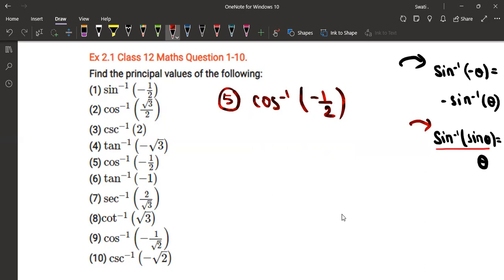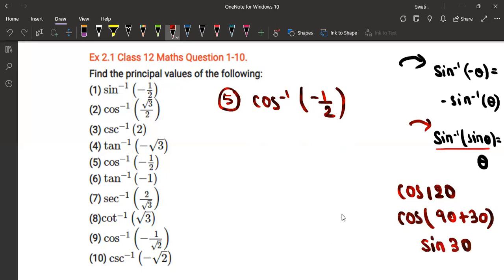Actually, here this minus 1 by 2 is a value of a certain angle in cos, and that is cos 120. Now, of course, you must be thinking that why exactly cos 120 is minus half only. How did you get this? Yes, there is a reason behind that as well. I can write down cos 120 as cos of 90 plus 30. And there is a formula for this. If you want to be good in trigonometry, if you want to be good in inverse trigonometry, all you need to do is you need to be better at two things. You need to know the formulas and you need to practice more and more questions, because that is what I had done. So cos 90 plus theta is